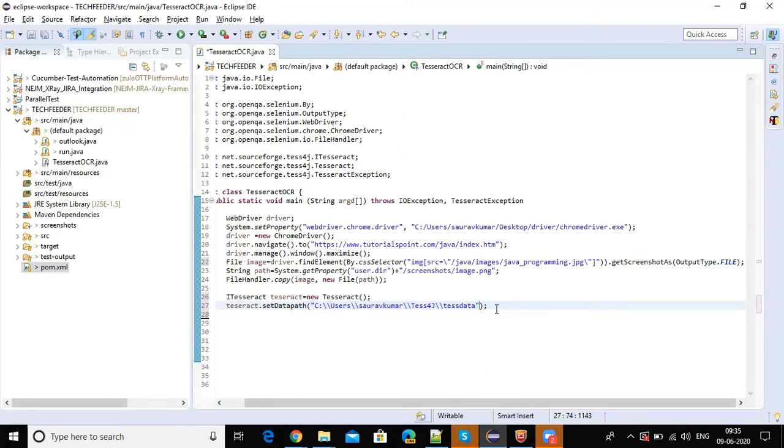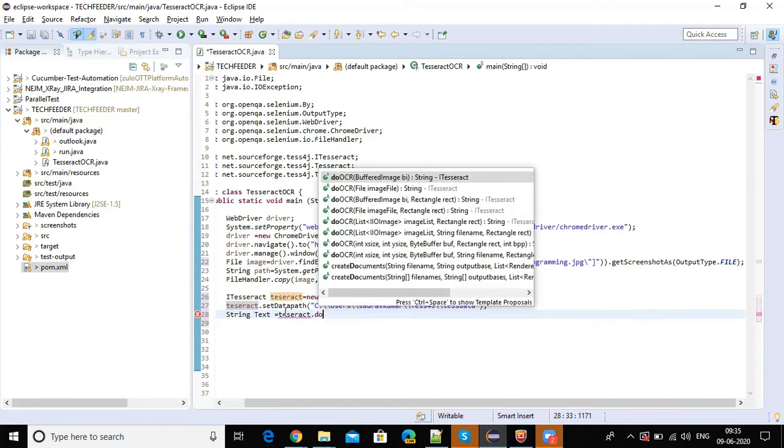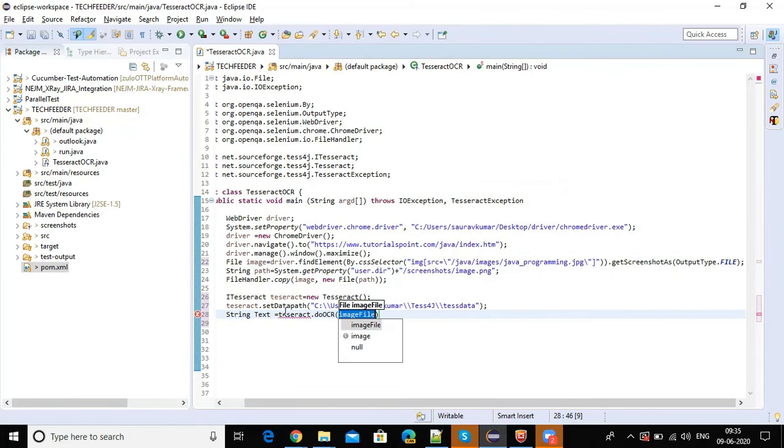Now what we will do, we will implement the doOCR method on that screenshot file. That is text equals to dot doOCR, and the file name is this new file from that path.